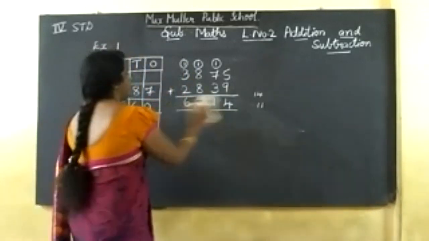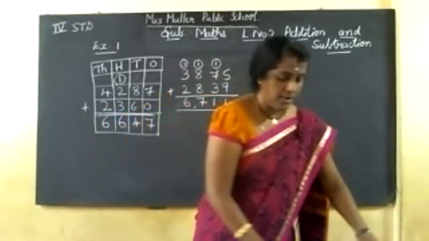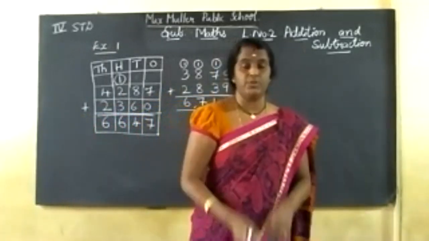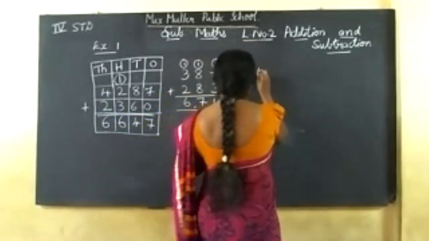Shall I give? Shall I write it? Because which is there, no, I'll do. There is no place to do it, so you should do it in your rough book. Okay, 5, 1, 8, 9.